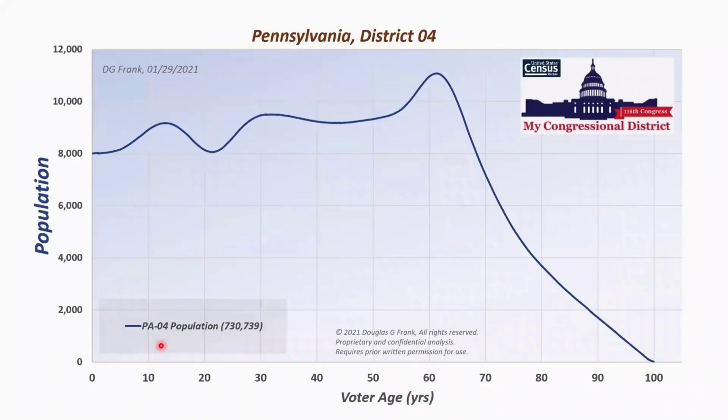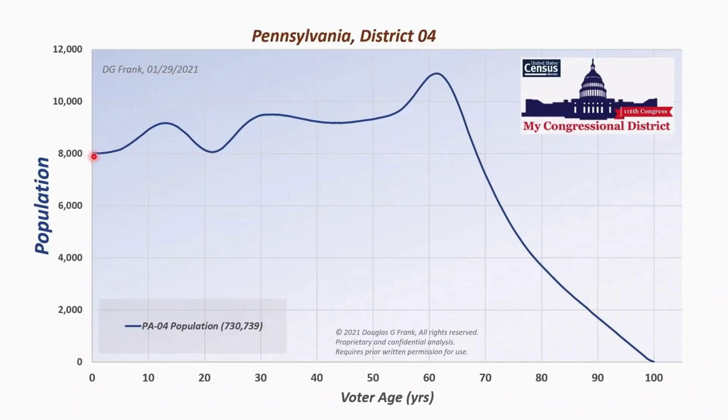All right, but you don't have to just look at the whole United States. You can also look at county by county. And here's the county I first started with, because this is where I was asked to look at the election to see if I could figure out the fraud that had taken place or if there had been no fraud. And it's Pennsylvania District 4. It's mostly Montgomery County in Pennsylvania. And once again, we've got across the bottom the age, 0 to 100. And then how many people of each age.